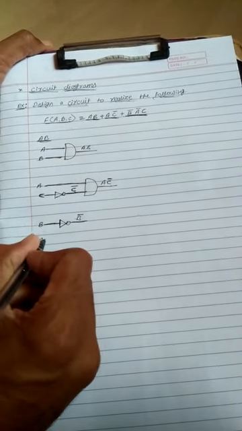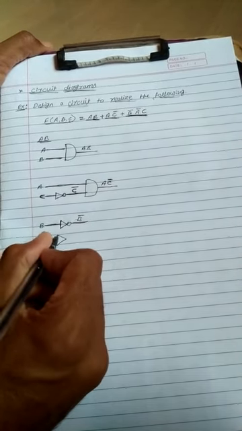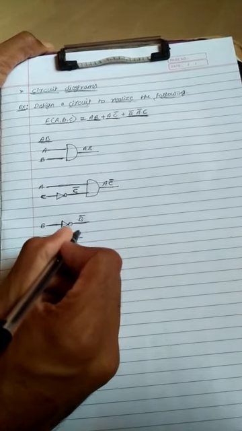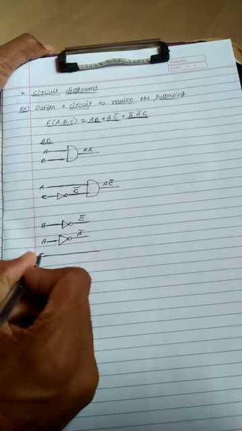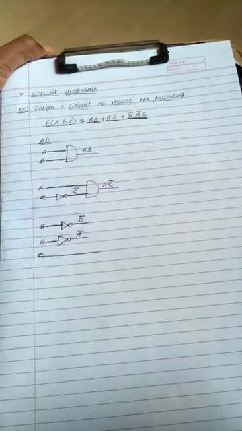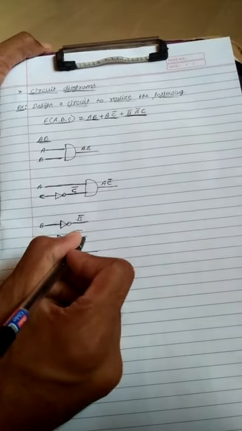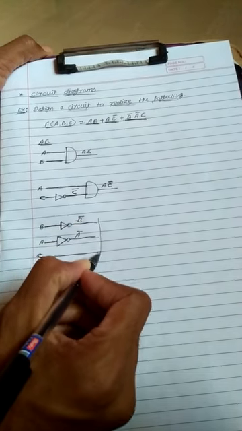Then one more, A bar is there. I will take here as A. It becomes the A bar. And last one more is the C. I will take it directly as C. So again, B bar, A bar, C. It means what? AND gate only. B bar into A bar into C, which is an AND gate only. So here we have to join the gate, that is an AND gate.